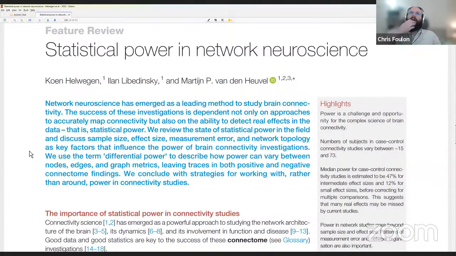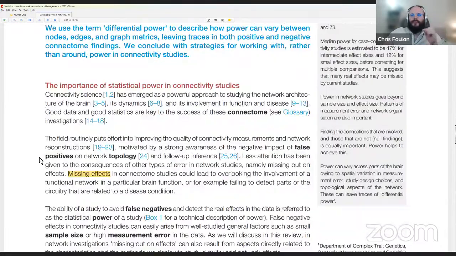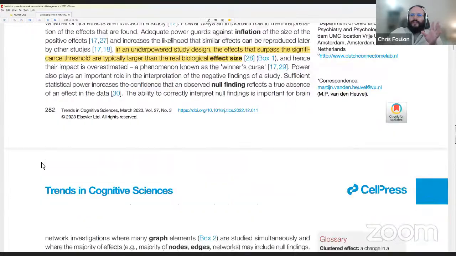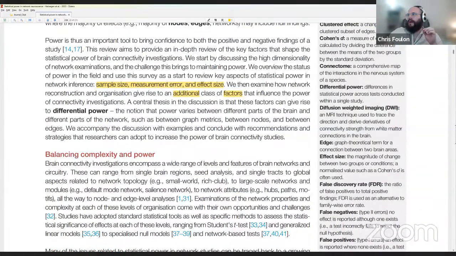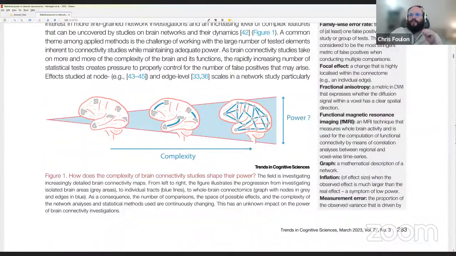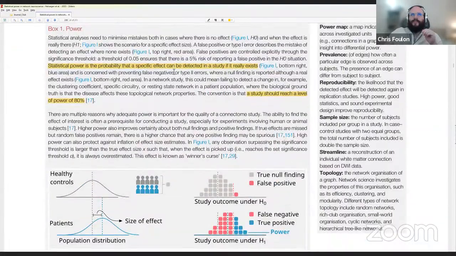It is a review paper, but they also give some ideas to help with the problem. I will start with, so they made really cool figures and boxes that illustrate what's happening. So they explain a bit about the statistical power. So